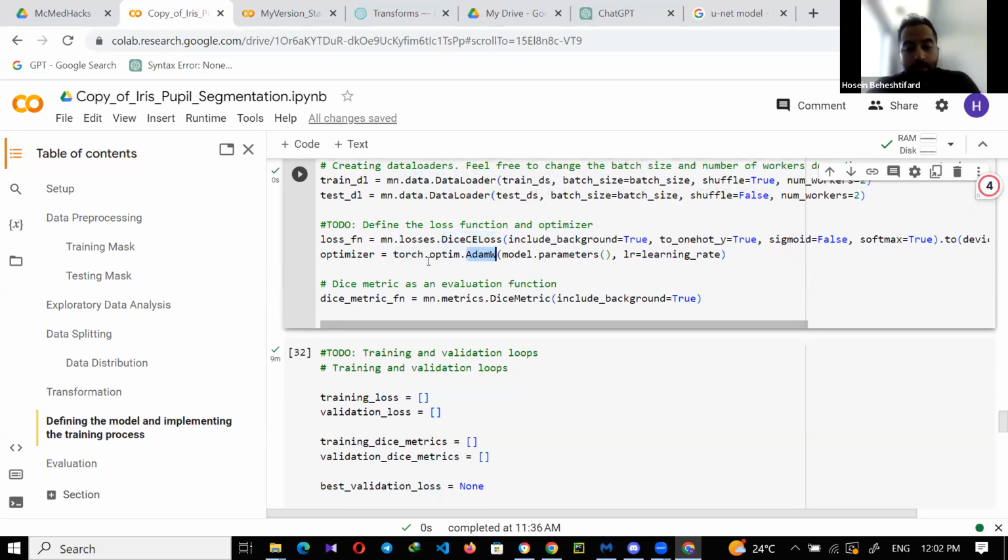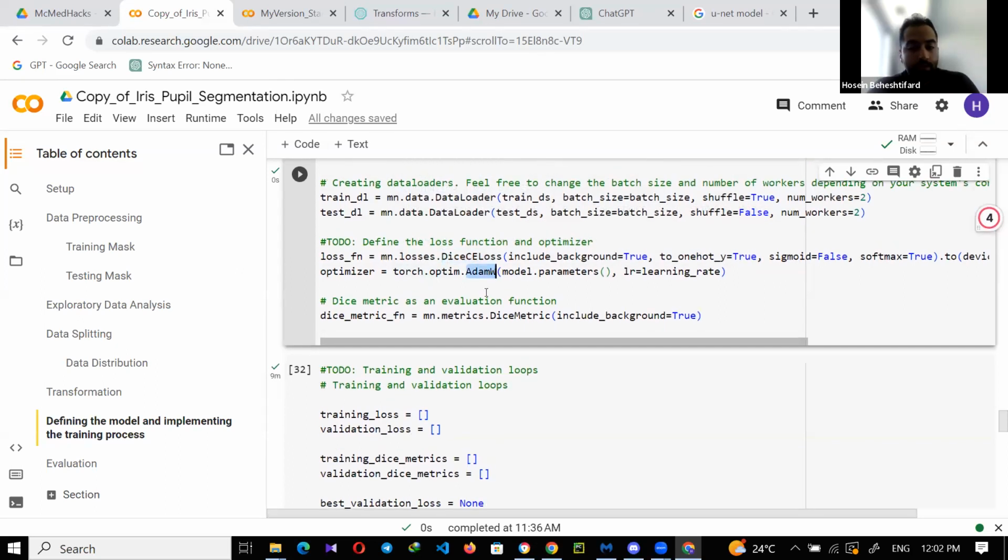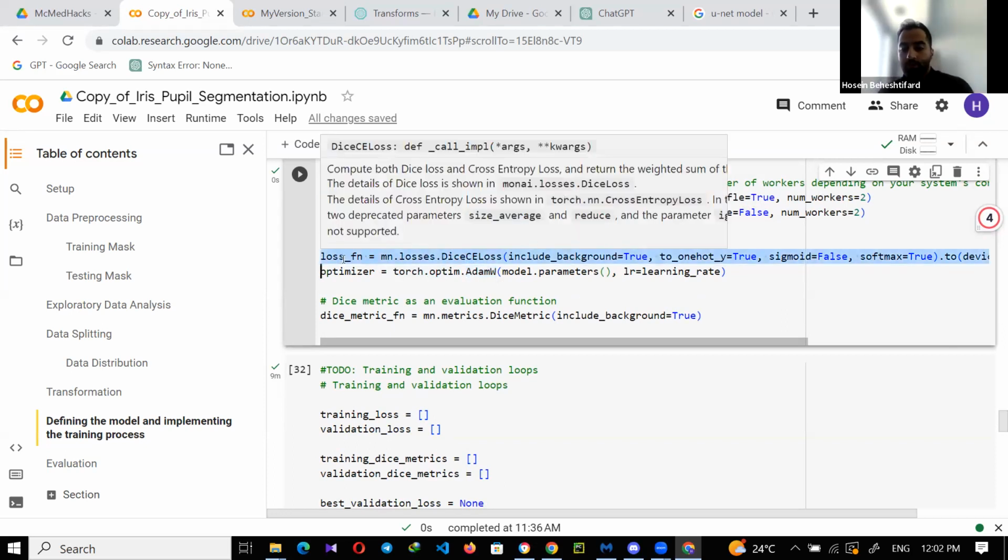And for the optimizer, we use Adam. Adam is a very famous one. So loss, always we want to